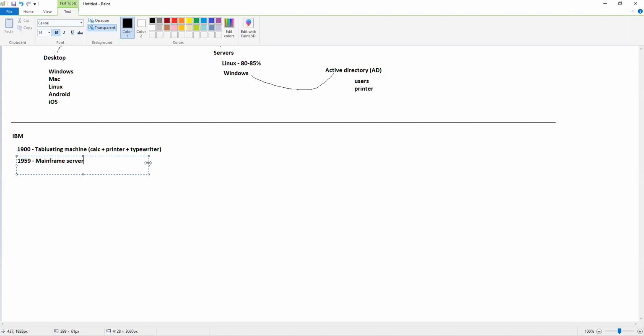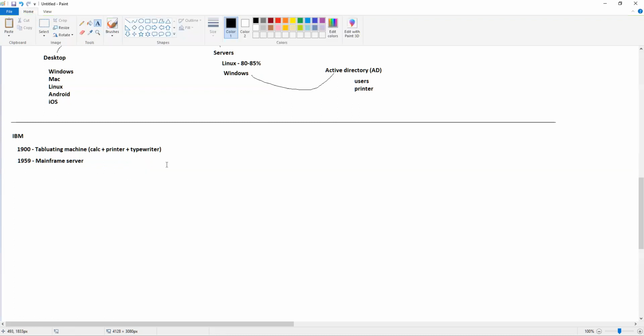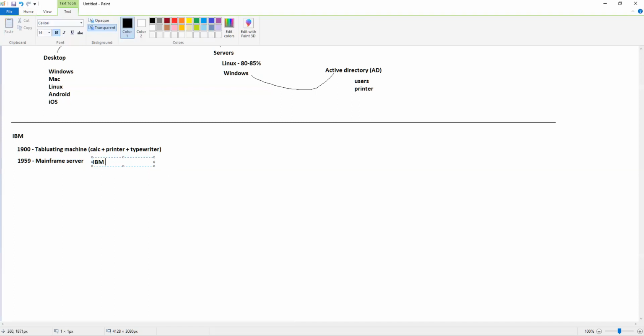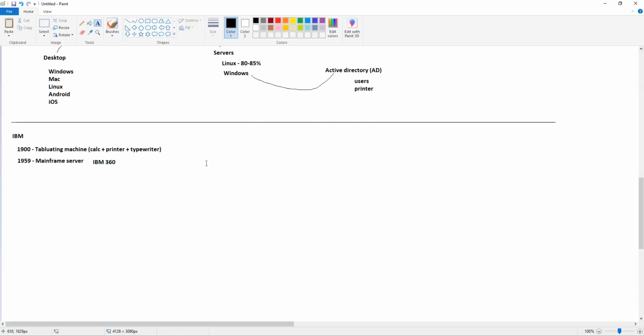All the big organizations were using them: big corporations, the government, the industry, the universities and the colleges, who could afford it. And this mainframe was not like the servers that we have. The mainframe was the IBM mainframe 360, or IBM 360, what they used to call it. It would occupy a whole house. Let me show you one of the images from online.